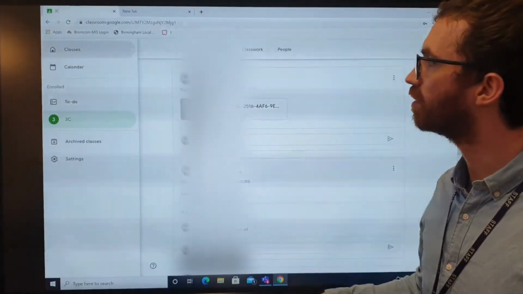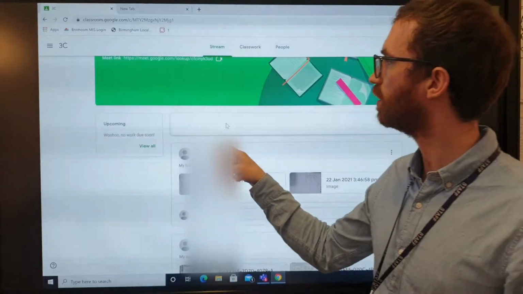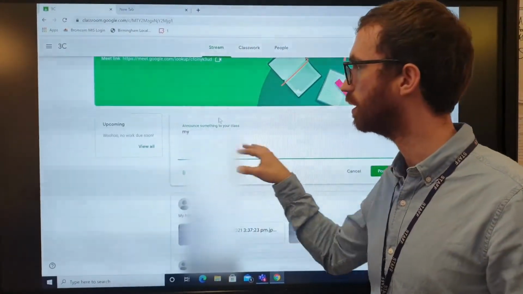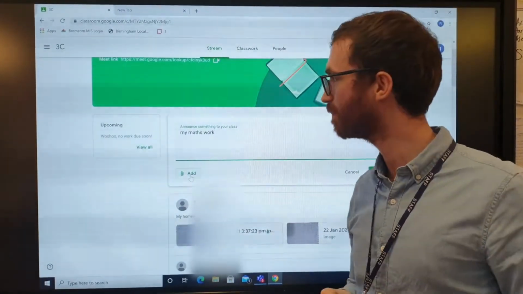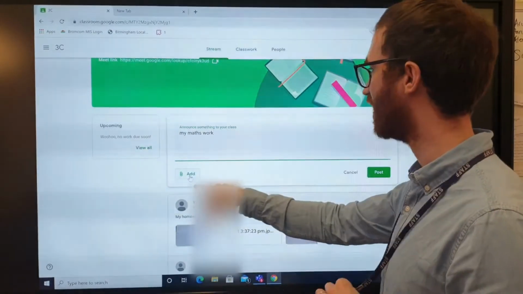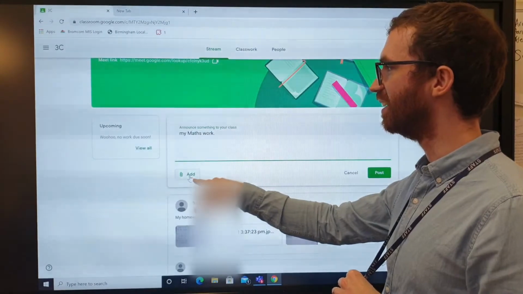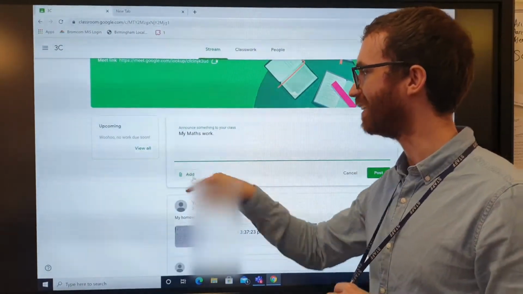If you want to send in some work, can we show how to send in some work as well, please, miss? If we're going to send in some work, you can type in here what work you've been doing. My maths work, for example. No capital letter or full stop, not very good, is it? And down here, we can add. Getting a capital M for maths as well. Okay. Add